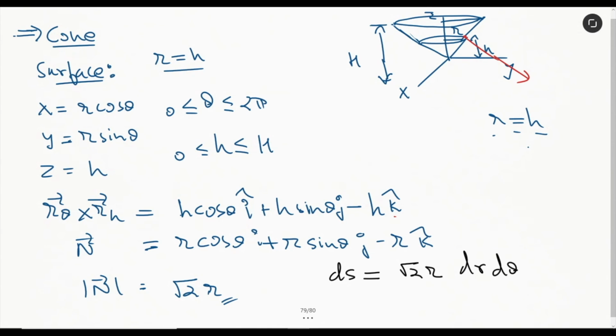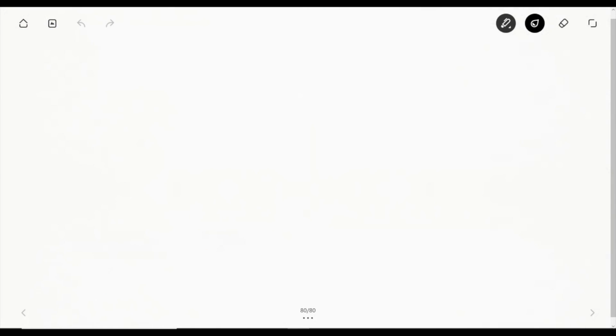Because we are converting it to the parameters of r and theta, it is going to be root 2 times of r, because this is the Jacobian value or stretching factor in this case. So this is going to be root 2 times of r dr d theta. Anyways, if you try to find the element, then also you'll get the same value. And what if it is about the volume?